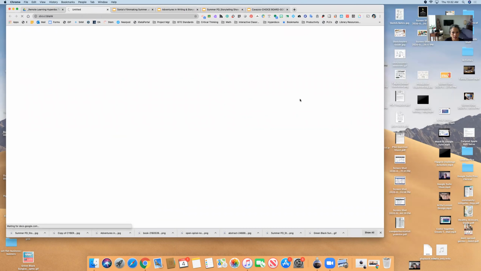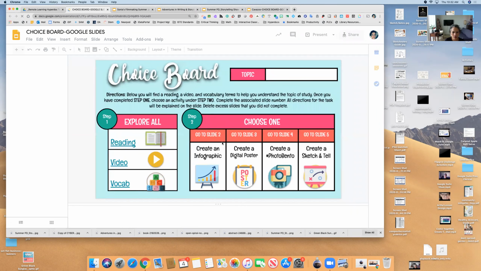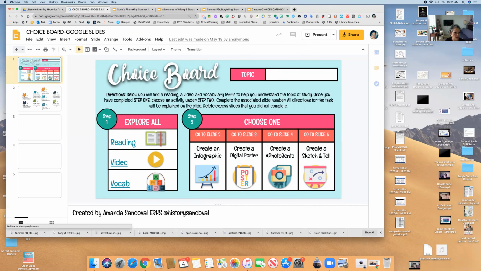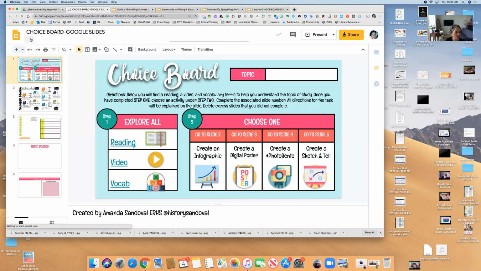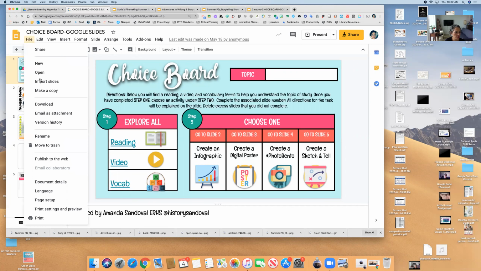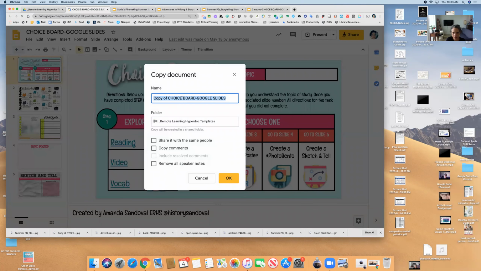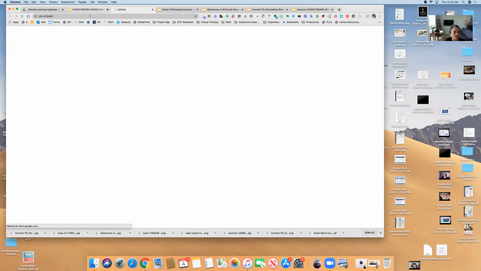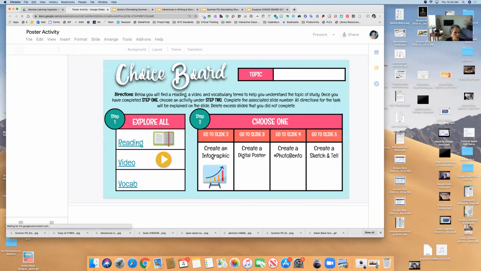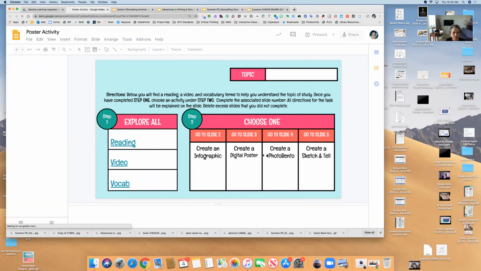Okay, so what I'm thinking is that for each one of these selections, I'm gonna make a copy of the entire presentation, that is fine for now. And this one is gonna be, let's see, poster activity. Okay, so poster activity. And so I'm gonna get rid of the other slides because we wanna make it a choice once they get to this part.